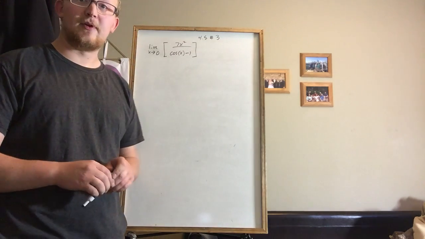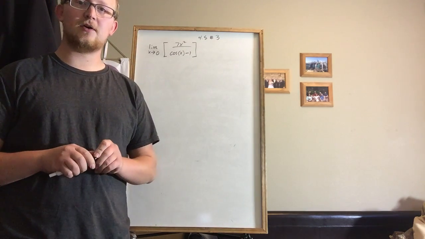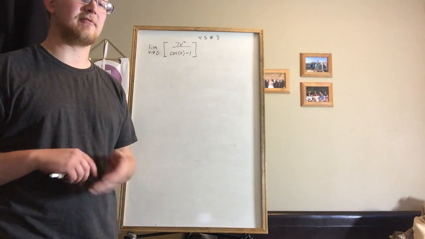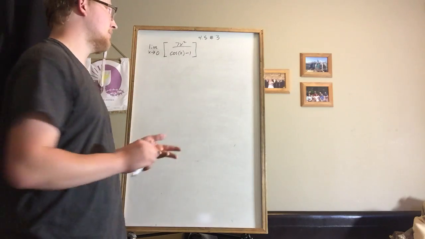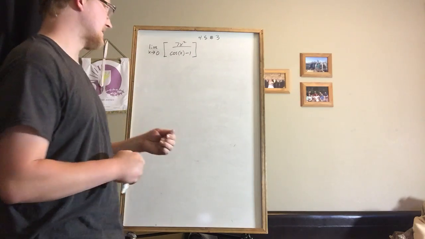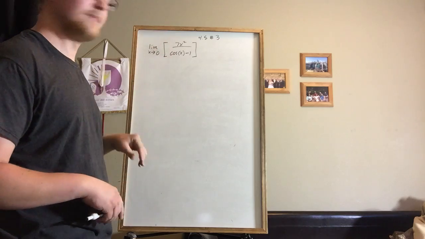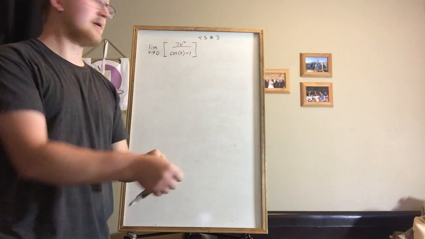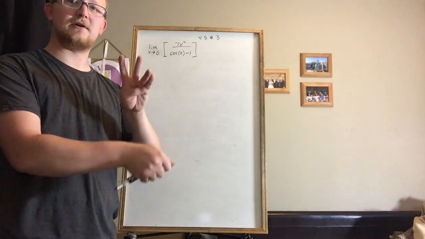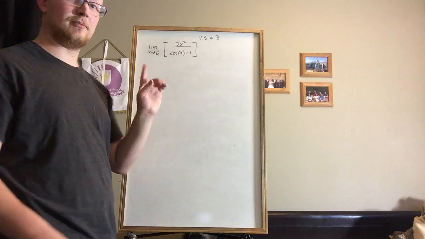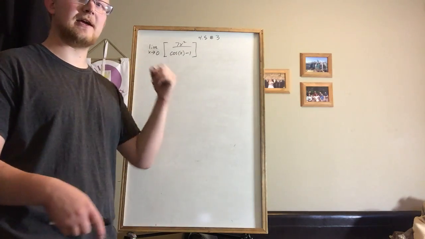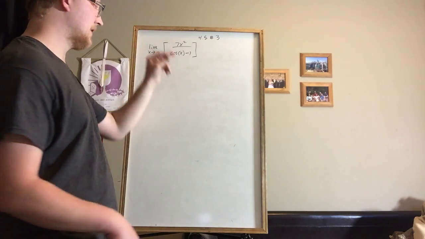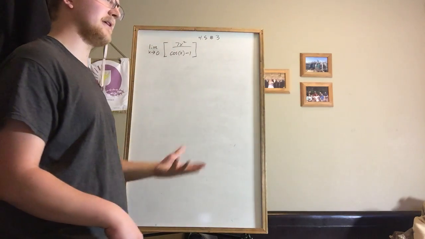Alright, this is section 4.5, question number 3, which is over L'Hopital's rule and figuring out what is and isn't an indeterminate form. L'Hopital's rule states that if you have a quotient, where the numerator is continuous and differentiable, and the denominator is continuous and also differentiable, and when you plug in the value that the limit is approaching you get an indeterminate form, you can then take the derivative of the numerator on its own, the derivative of the denominator on its own,